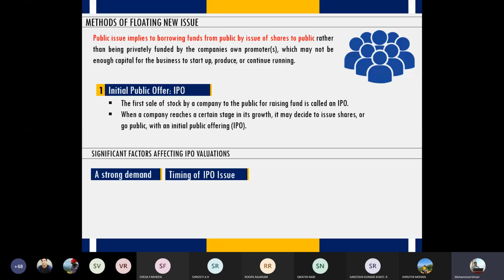Third, industry comparable. It's always good to compare the performance of the company which is issuing the IPO with the entire industry. When we say industry, it means all the companies put together doing a similar kind of business. So if tomorrow a new entrant, we have Kia, which recently ventured into the Indian automobile industry, if in the near future Kia wants to issue shares in India, if it wants to become a public limited company in India, you have to compare the performance of Kia with the entire industry. So let's say the entire automobile industry, which includes